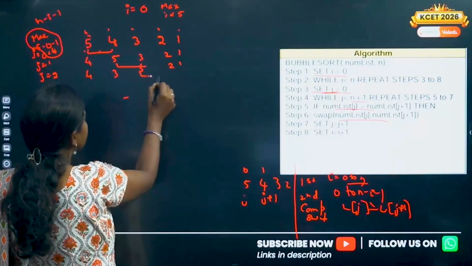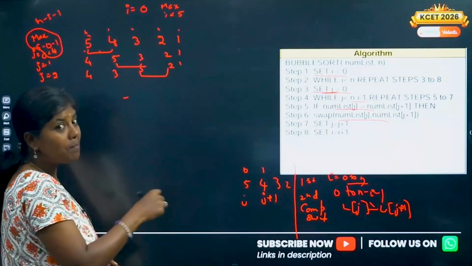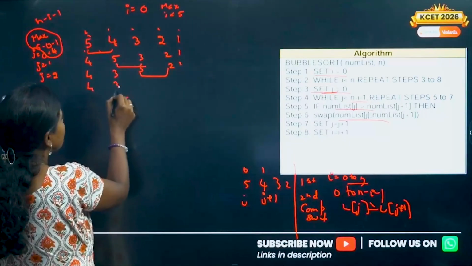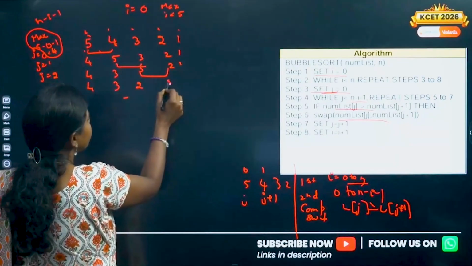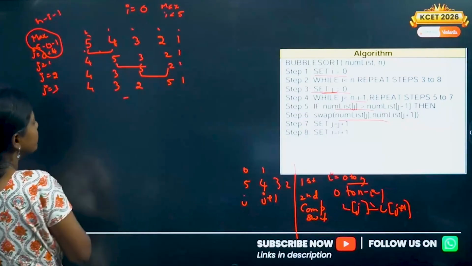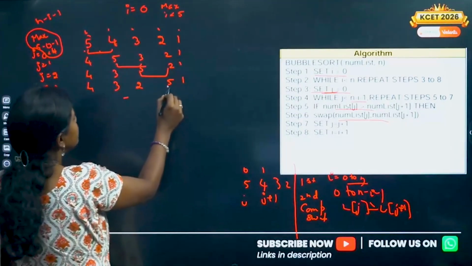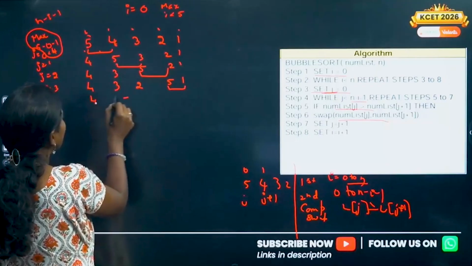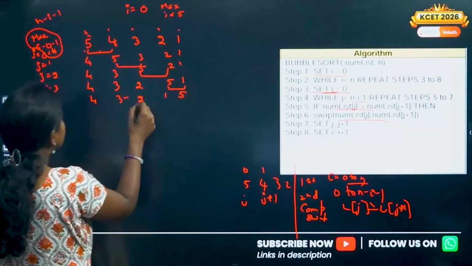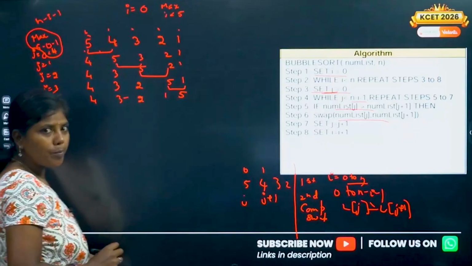So 2 is compared with 2 plus 1, j plus 1. It will be changed to 4, 3, 2, 5, 1. Then I'll compare with j equal to 3 now. This will be compared and swapped: 4, 3, 2, 1, 5.